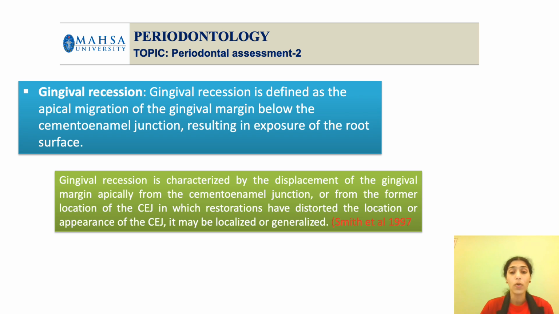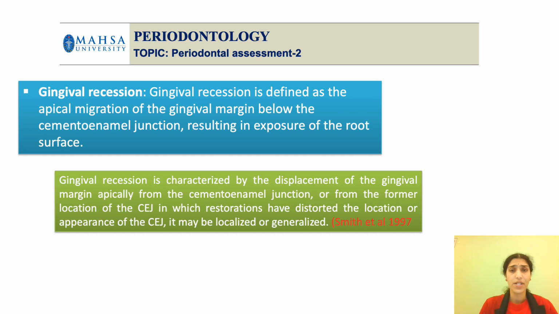It could also be from the former location of the CEJ, in which restorations have distorted the location or appearance of the CEJ. It may be localized or generalized. So sometimes, if the location of the CEJ is not visible, you can relate to the restoration margin